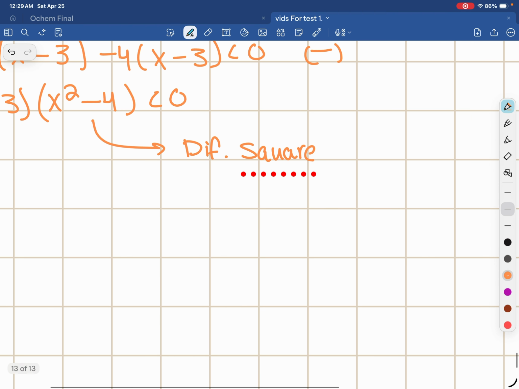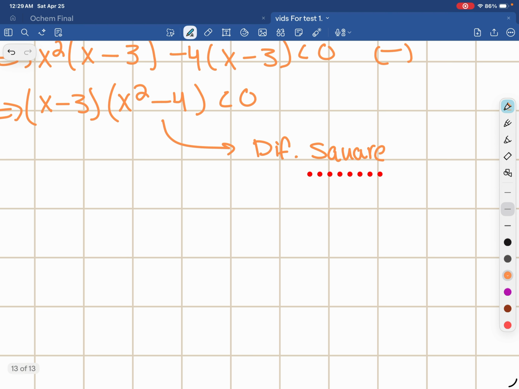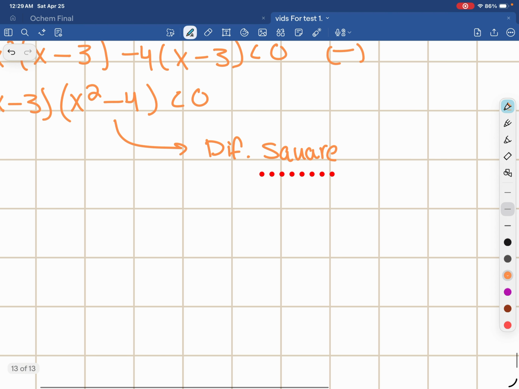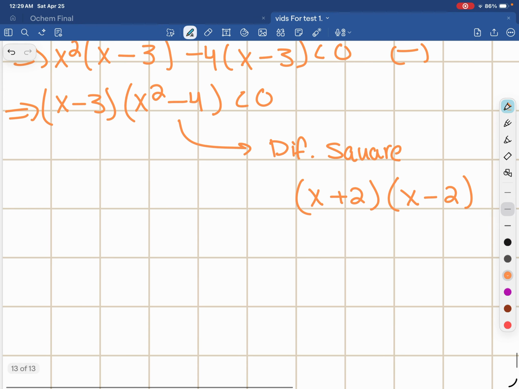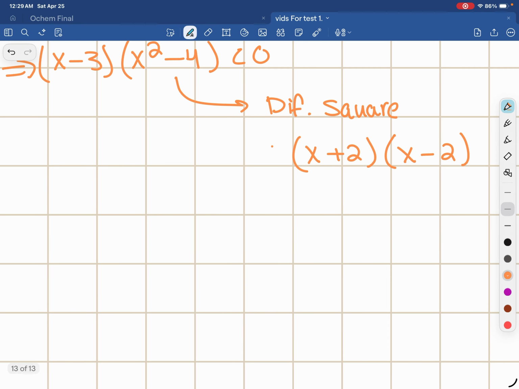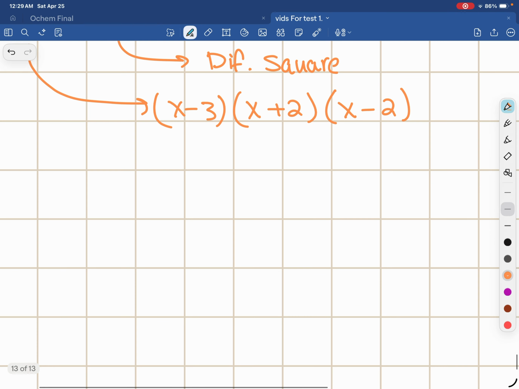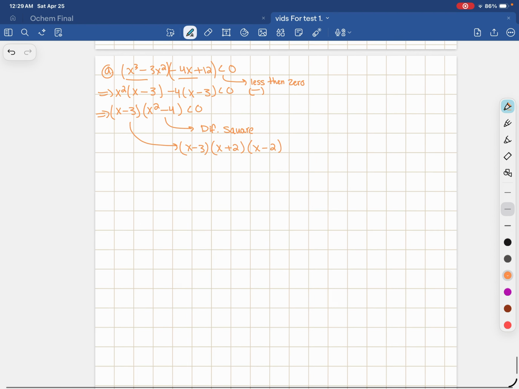So we have to split this up. We know that 4 is 2 squared, and we know x squared is just x. So we'll get x plus 2 and x minus 2 as additional parts of our problem. So our full problem should be, we'll carry this down here, x minus 3 times x plus 2 times x minus 2. So now looking at this,